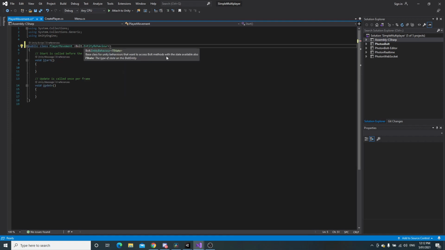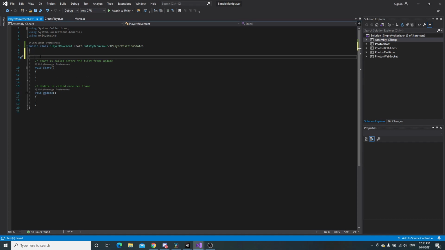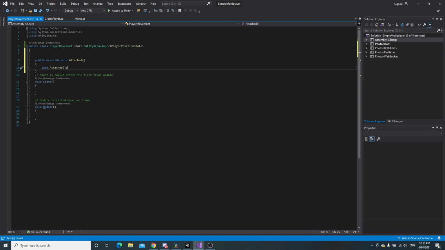And specifically, IPlayerPosition state, which again is the state that we added just a few minutes ago. I'm going to start off by overriding the function which is Attached. Again, we can get rid of this, and we can make it so that only the